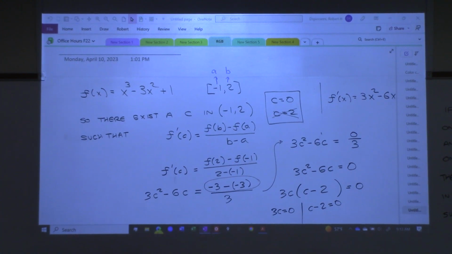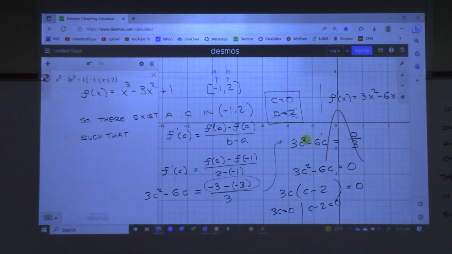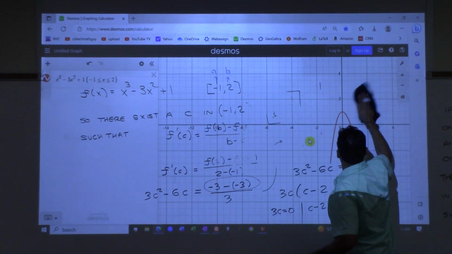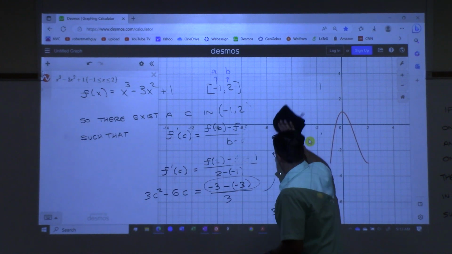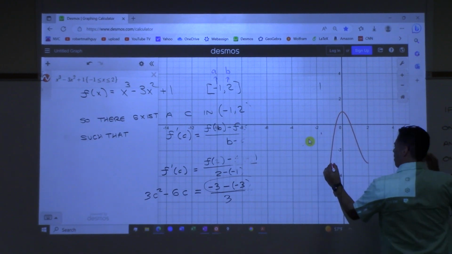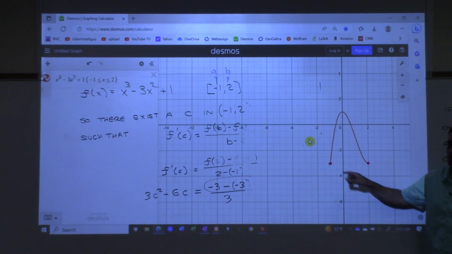So if we go to Desmos and I graph the original function, x cubed minus 3x squared plus 1, and I restrict that between the interval -1 to 2. Move that over here. So if we take a look at this, here are two endpoints, right? And if we connect these two endpoints with a straight line,